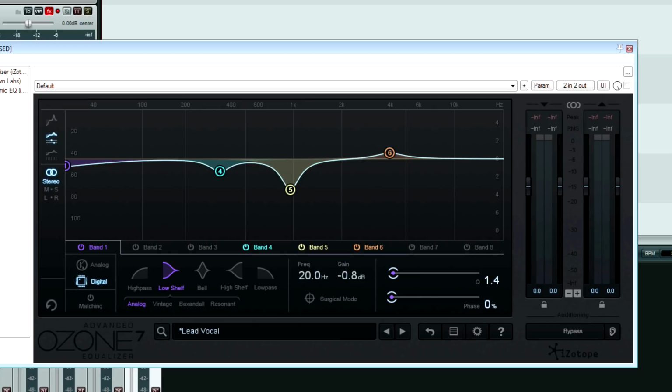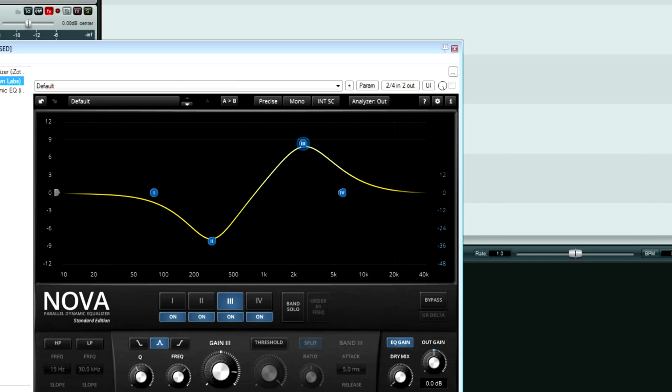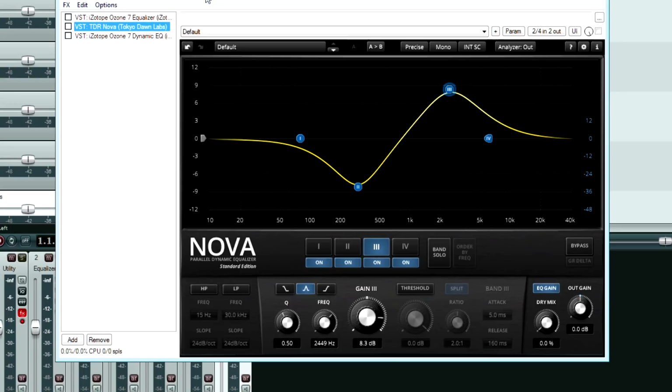And I would highly recommend Ozone 7 because you'll see in a few seconds. Next up, I almost did not include this on the list, but the thing is, this plugin's free, so I figure you may as well use it. And the main reason is it has this dynamic EQ section, which basically means that, let's say I have a